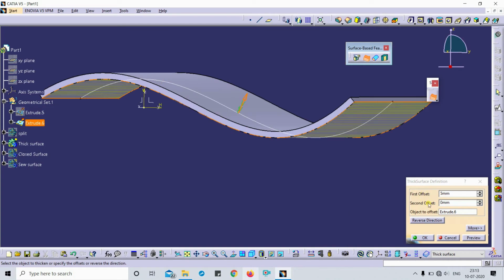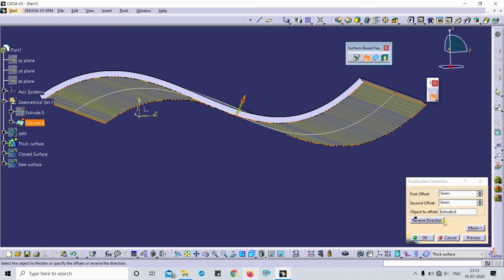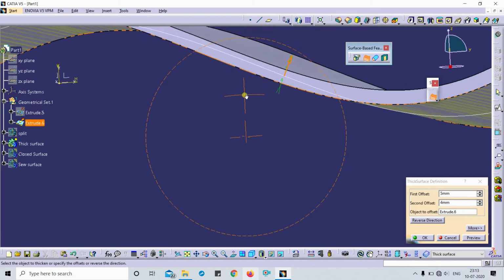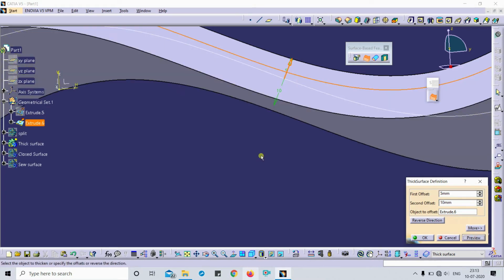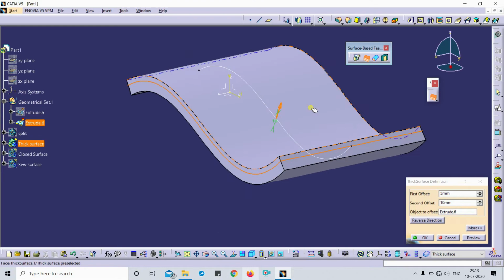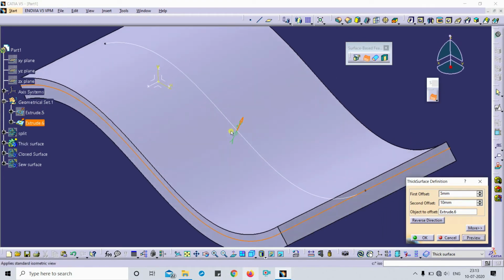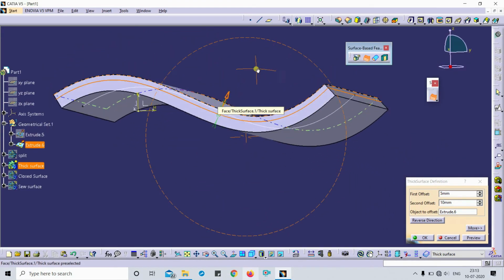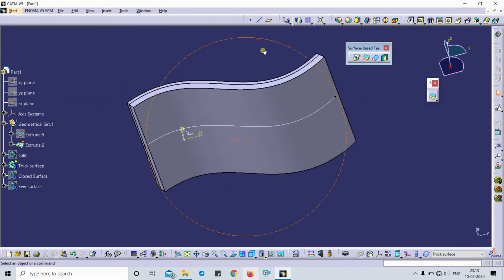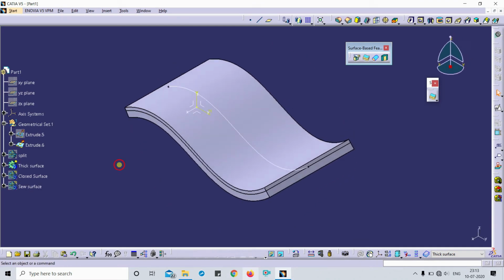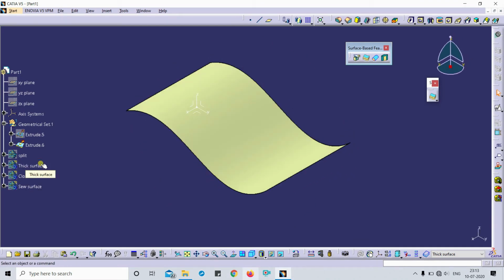The second offset means you can add the thickness on the opposite side. For example, I have added the thickness on the opposite side. You can see the preview. So you will get the result. That's all about the thick surface.